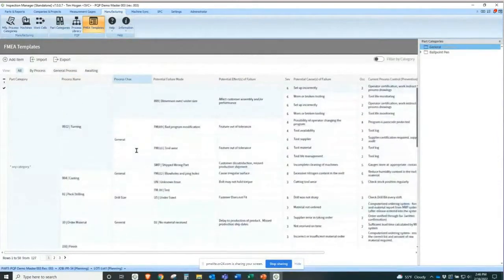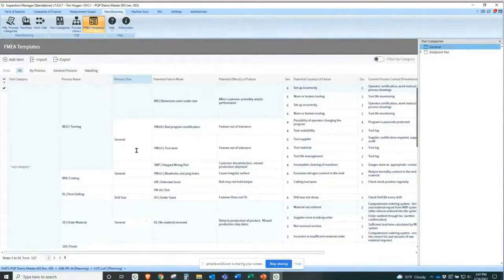Now, this is an important point to make at this stage, because a lot of our customers go, oh my gosh, I've got to put all that information in here, and the answer is no. So we give you predefined templates that are going to cover most everything for you. The feedback that we've gotten from the customers who've implemented this is that it gets you about 85% of the way there. That last 15% is configured by the individual customer,